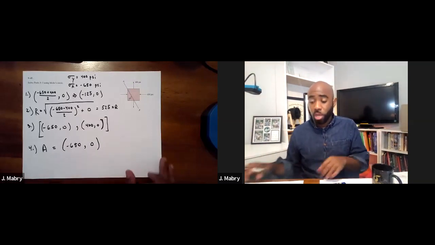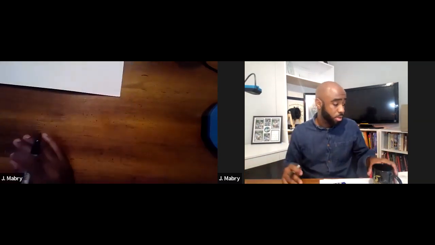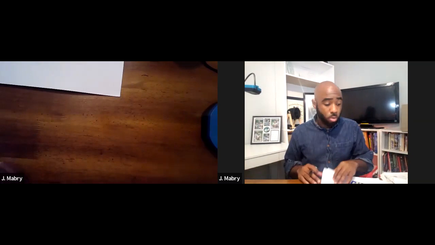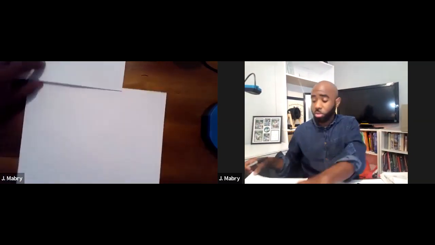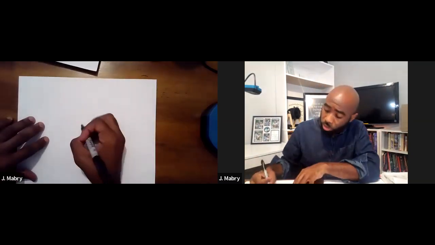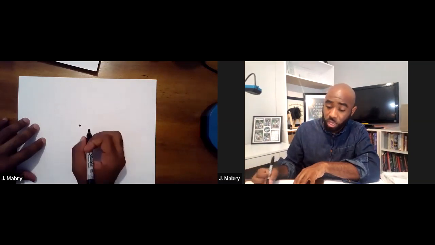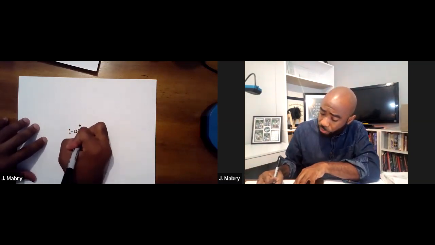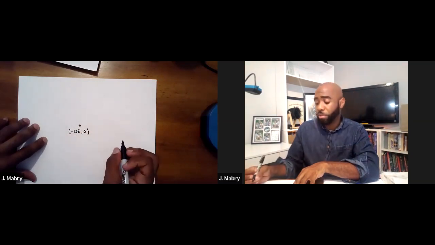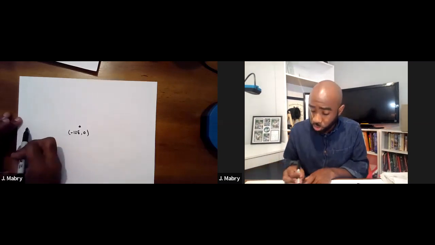So I'm going to go ahead and pull out another sheet of paper just to make sure we have enough space to proceed in drawing our Mohr circle. Right here in the center of the page, we're going to use that as our center. We know the center is negative 125 and 0. So if you can imagine, if this was the center and this was the number line,